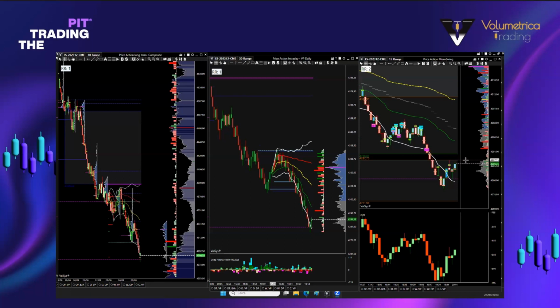This tool is, of course, volume profile, as we said last time, but another great help comes from the market profile, which is